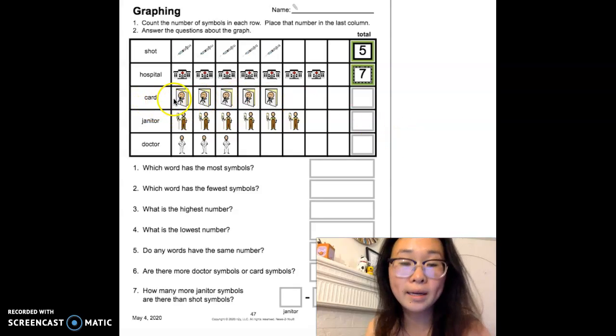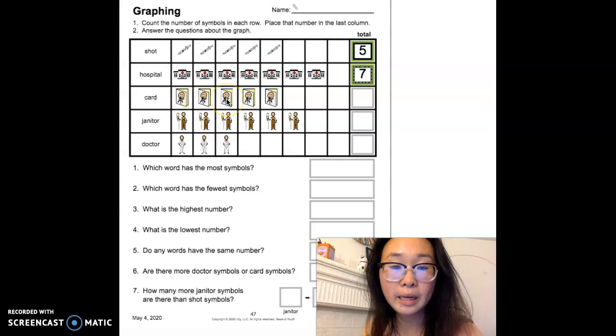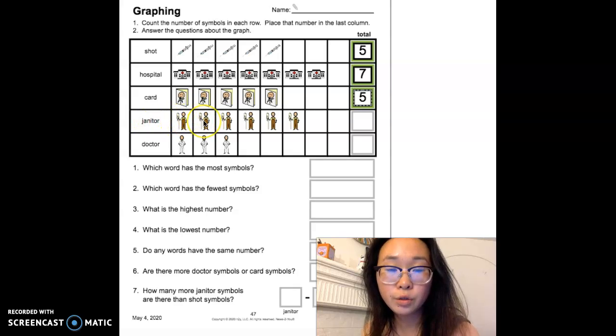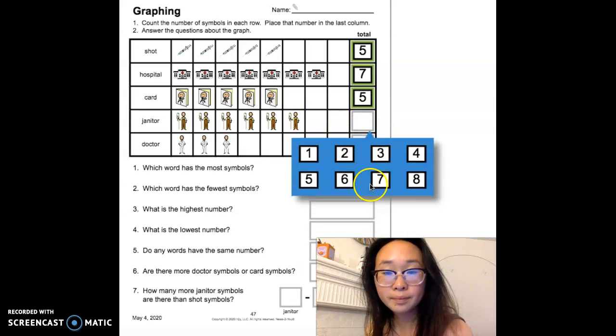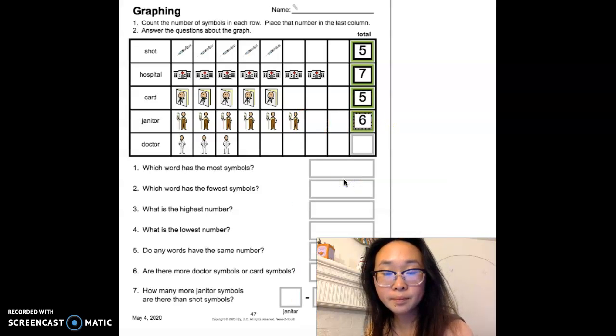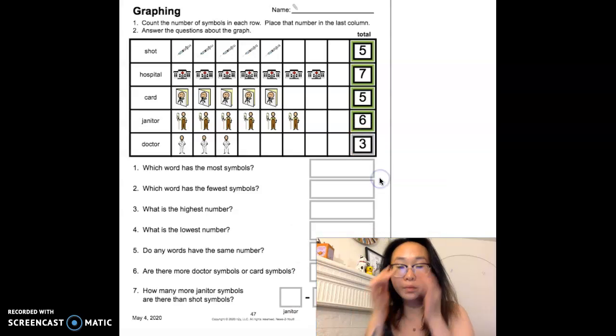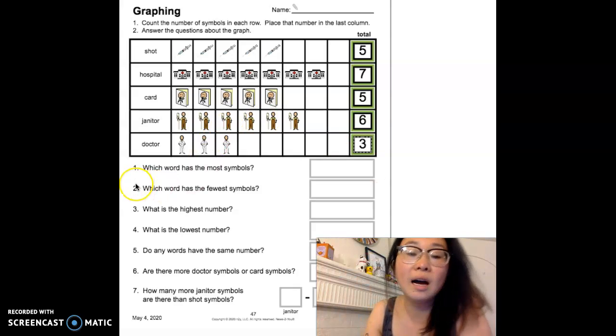Card. 1, 2, 3, 4, 5. 5. Janitor. 1, 2, 3, 4, 5, 6. 6. And doctor. 1, 2, 3. 3. All right, so once we're finished with that, we can answer the questions now about the graph that we